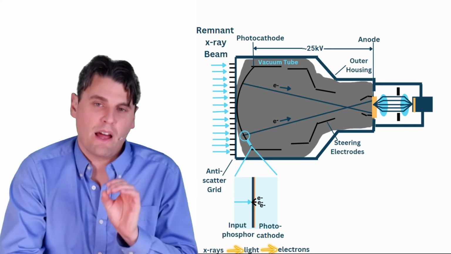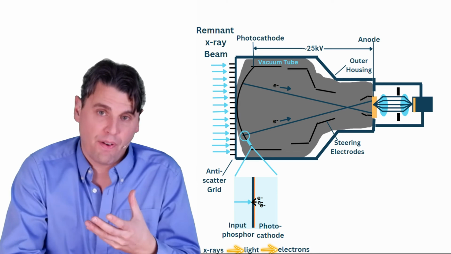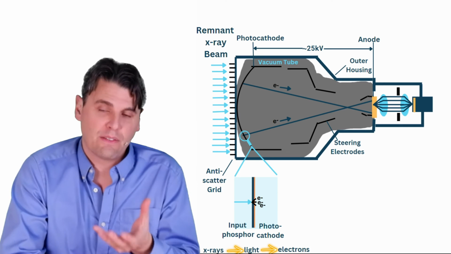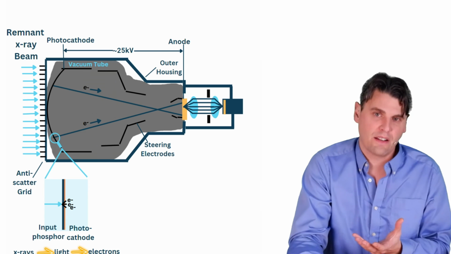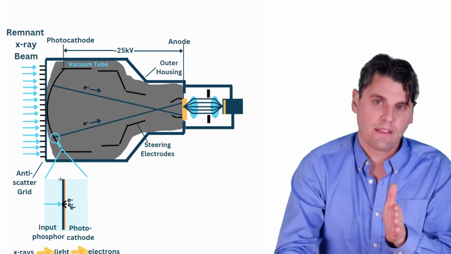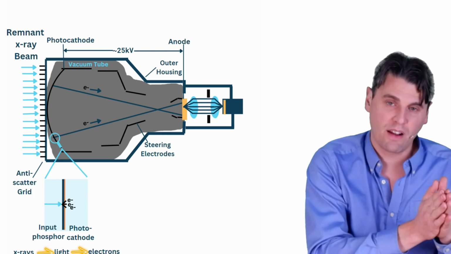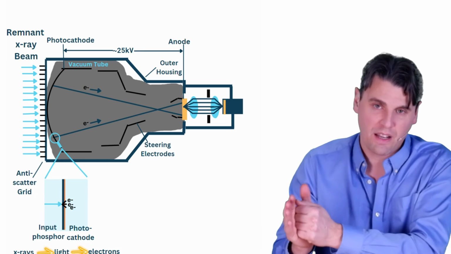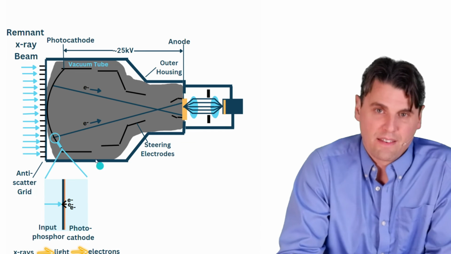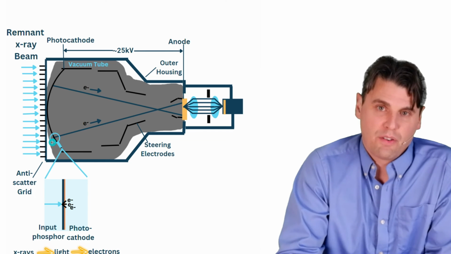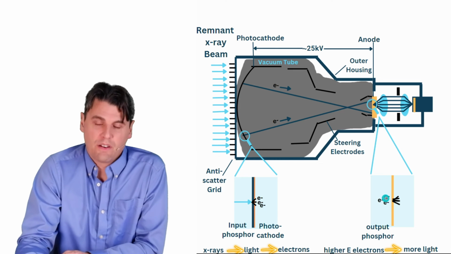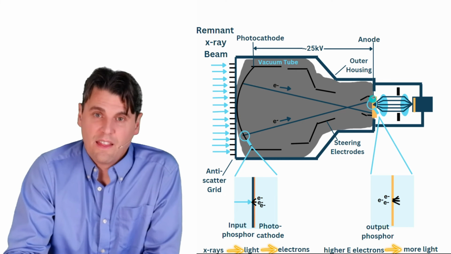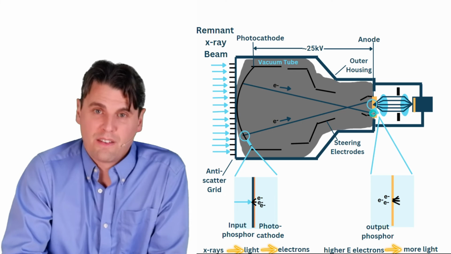But we actually want a method to amplify the signal. So that's the purpose of this image intensifier. We want something to actually amplify the signal, so we're converting to electrons, then we're going to impart those electrons with a lot of energy, and then we're going to convert them back to photons. In the process in which they're getting converted to a lot of energy, they're getting pulled along here by the steering electrode. After they get pulled down by the steering electrodes, they're going to hit the anode of this tube,